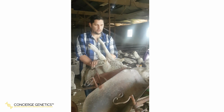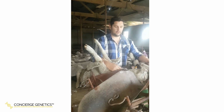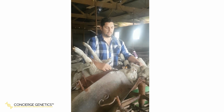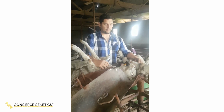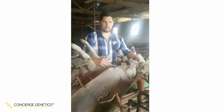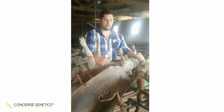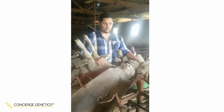One of the other things that I should mention is in this producer's flock, they're not actually individualized ear tags. So what we're doing here is doing a random sample, maybe 10 to 20% of the flock, and we're testing all the range of phenotype that you can see. So we're not just taking the best, we're taking everything, so we can see the estimated genetic value of the flock. So other producers will have ear tags that are numbered, or maybe even have an RFID chip in them, so electronic ear tags. Those ones you can test